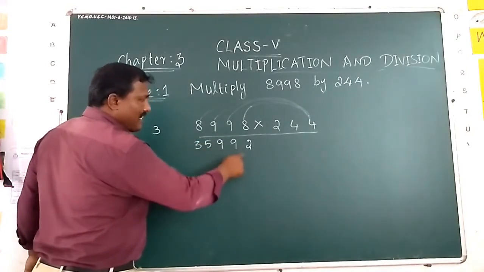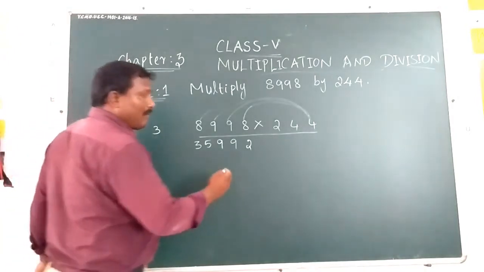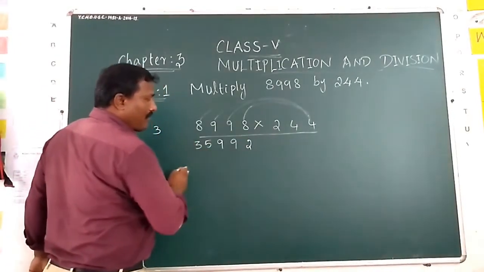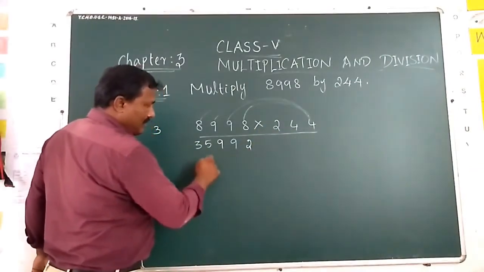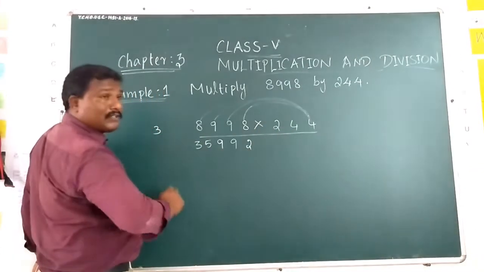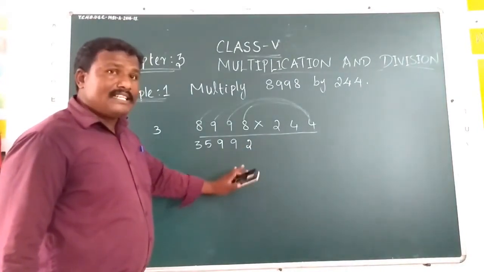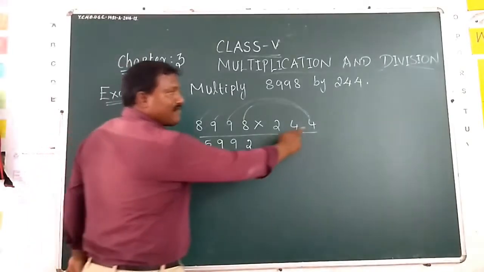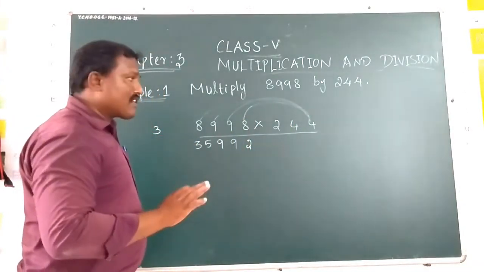So give some space to each and every number, then only we can write the next line of numbers. When we multiply the next line, we have to put it column wise. Exactly, we have to write it column wise, then only can we finally add easily. So I take this first number and multiply it with all the numbers. Now the first row is finished.